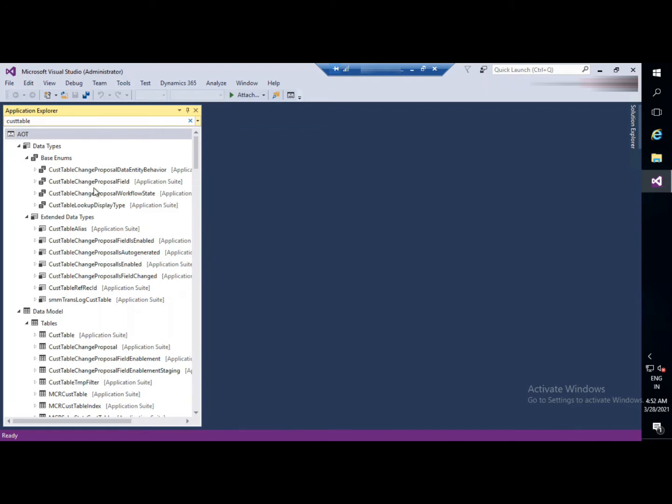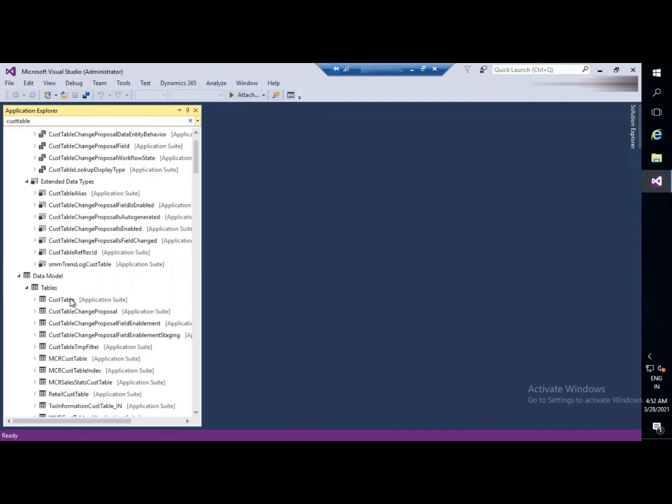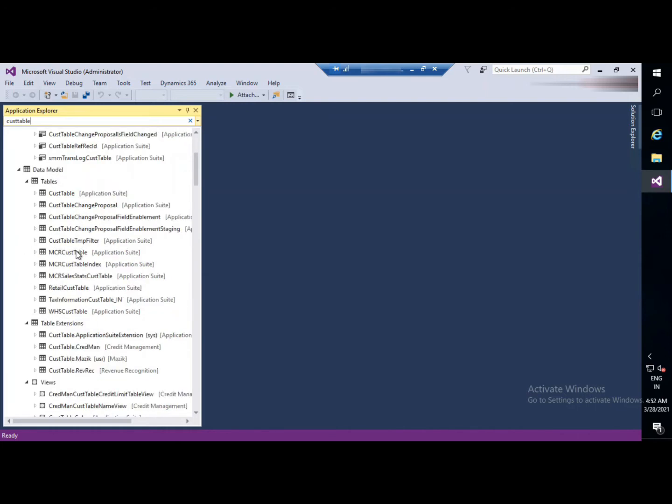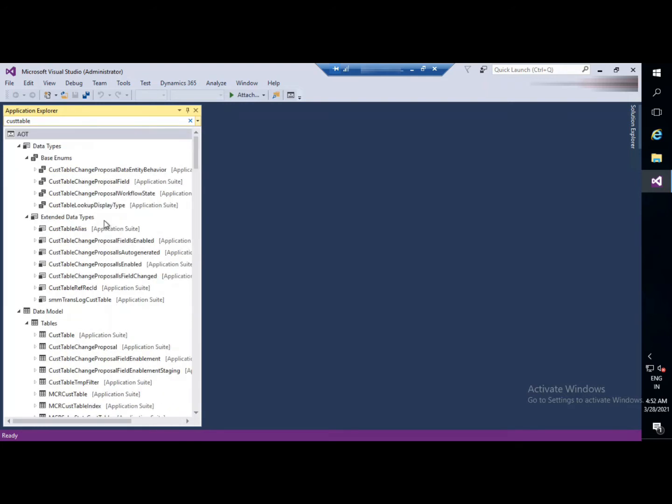Now we will be able to see the name matching with the CustTable name, and that will be found here in tables. If it is CustTable, whatever is matched with this name will be displayed here below.